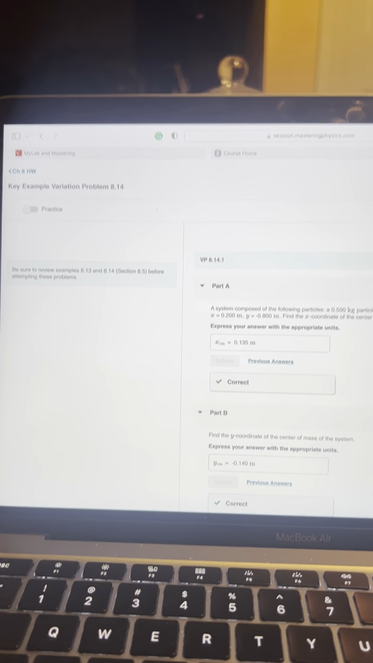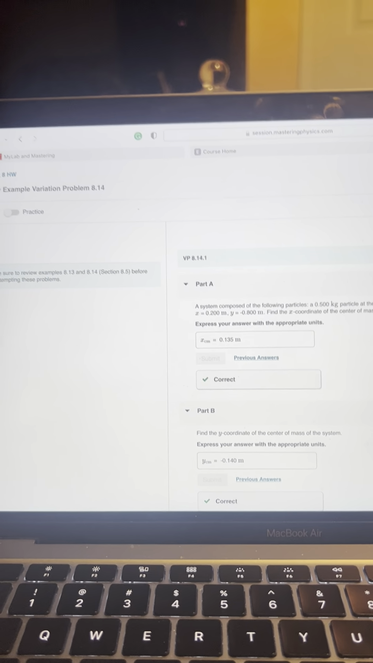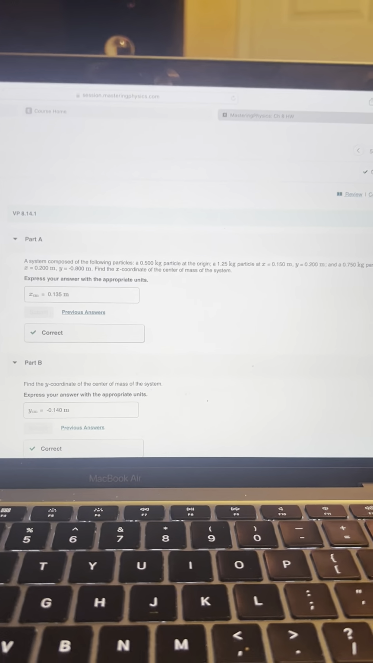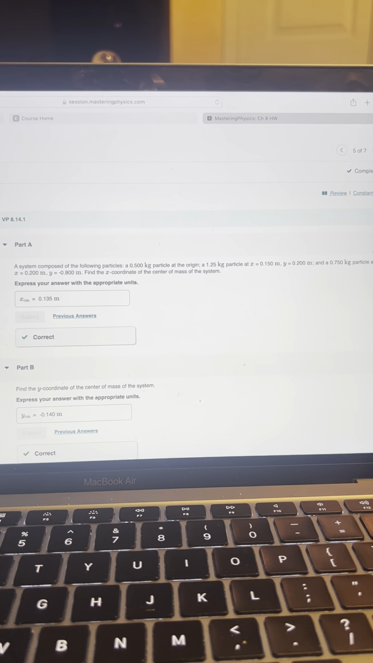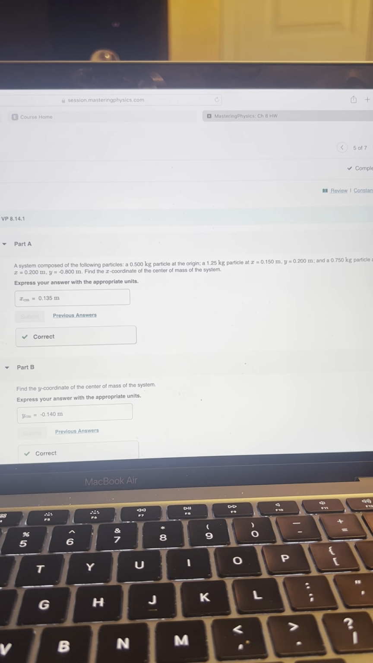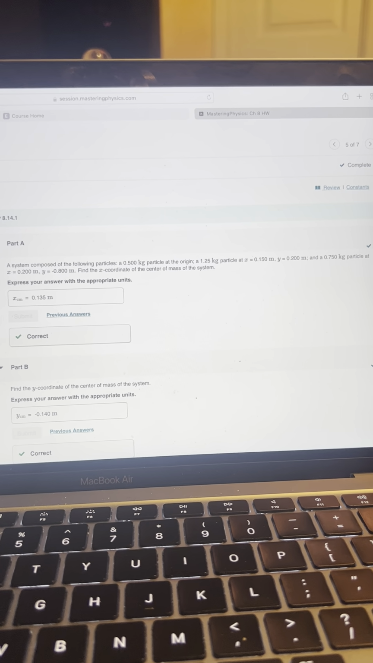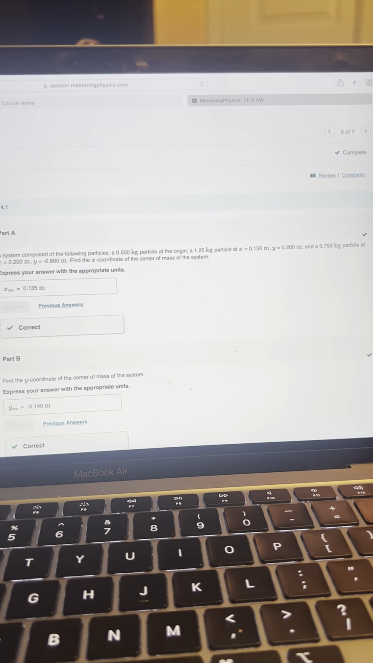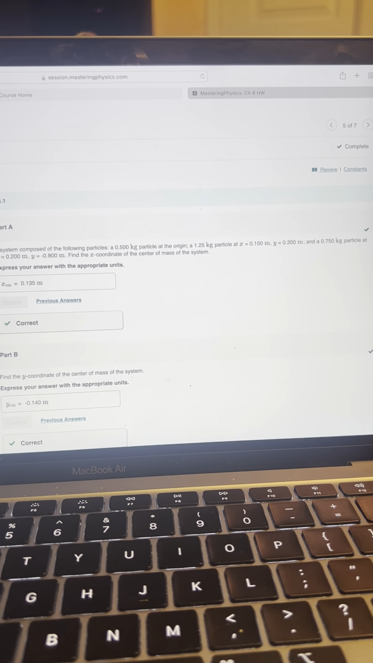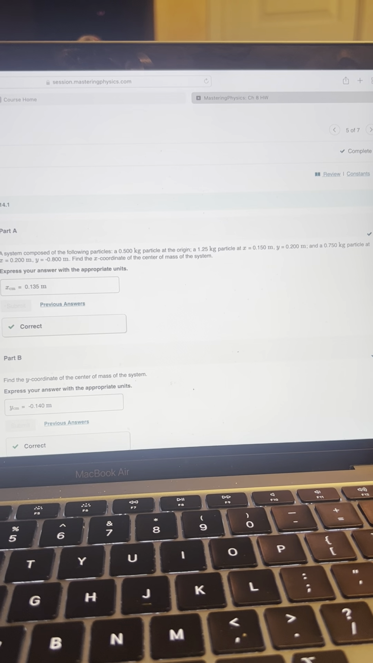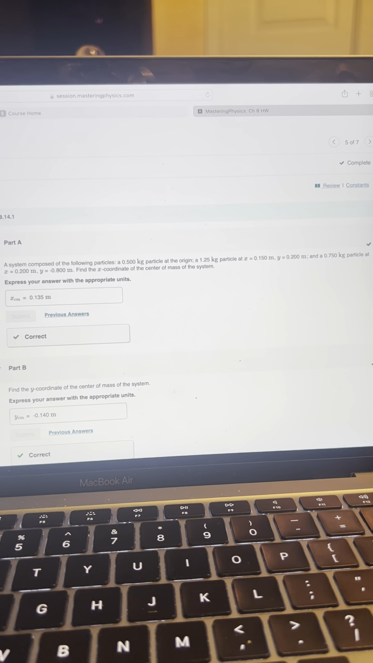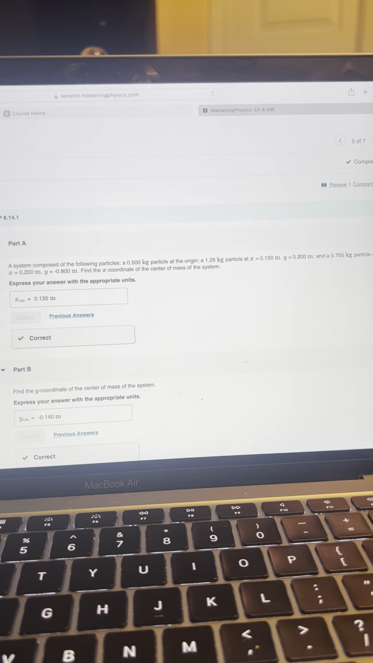So this is my chapter 8 exam, and the question I had to do was question 5. And 5A says a system composed of the following particles: a 0.5 kilogram particle at the origin, a 1.25 kilogram particle at x equals 0.15 meters and y equals 0.2 meters, and